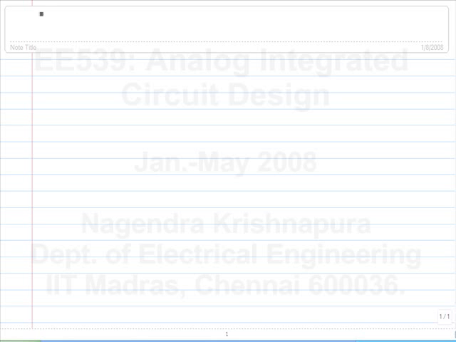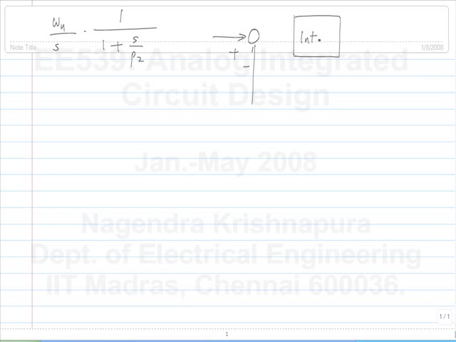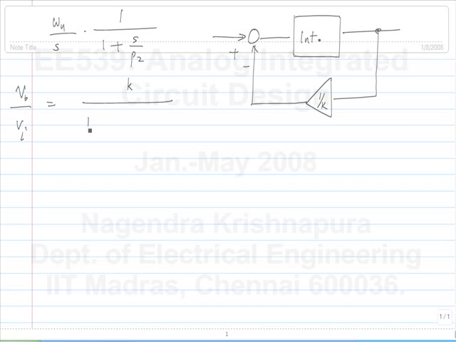So, the response of the non-ideal integrator was, and if you use this in a feedback loop, this is the integrator. With a feedback fraction of 1 over k, the closed loop response turns out to be